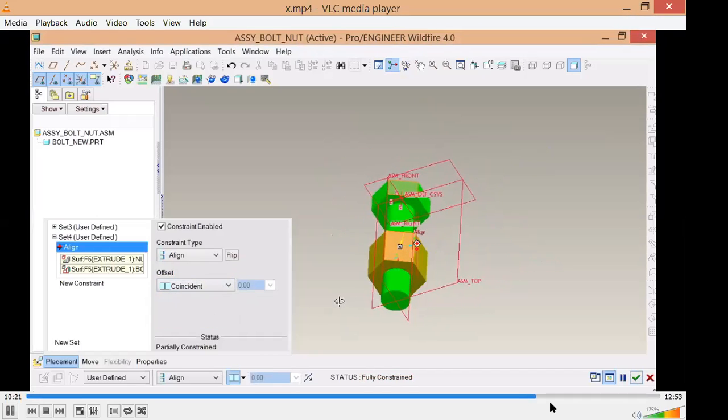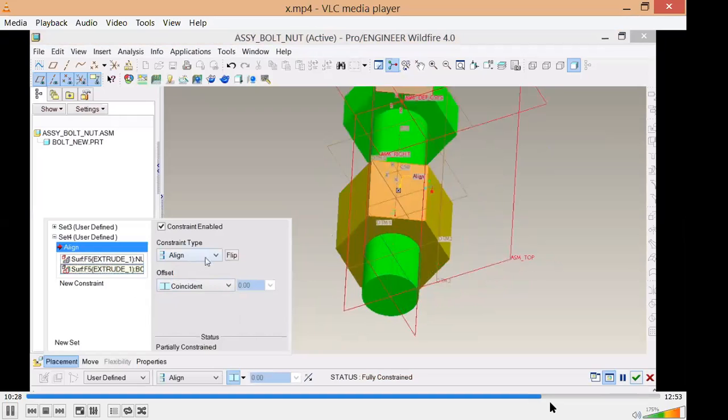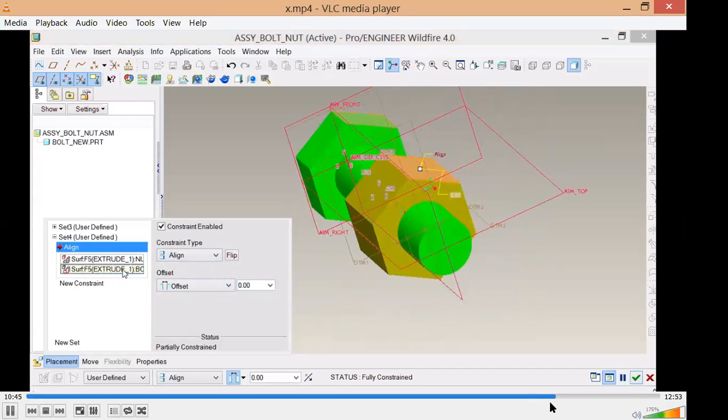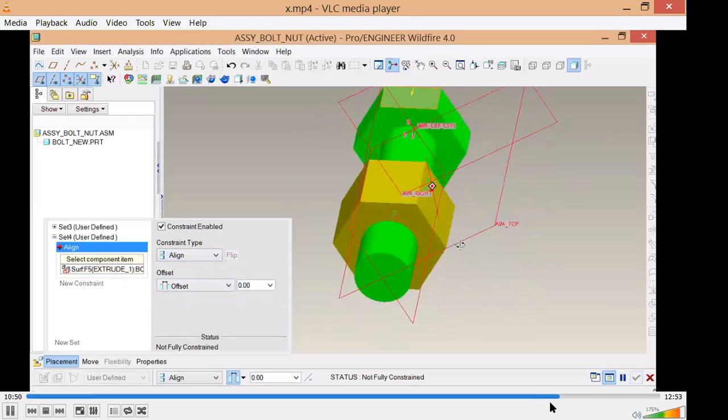You can play with the options of constraints. Possibly you can try with these constraints. But if you give something like allow assumptions, that will automatically take care of it, but the behavior is not predictable when you are giving allow assumptions. And if you want a very predictable behavior, you should mostly not give allow assumptions. You should establish the relationship. So here the problem is the orientation. Once that orientation problem is fixed, then again, all these things.